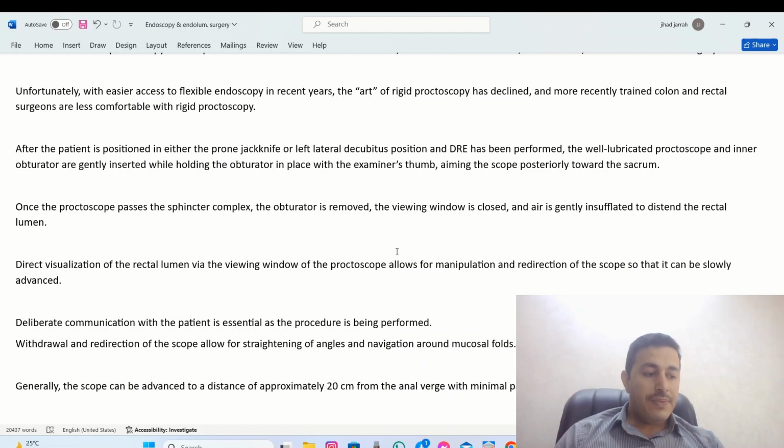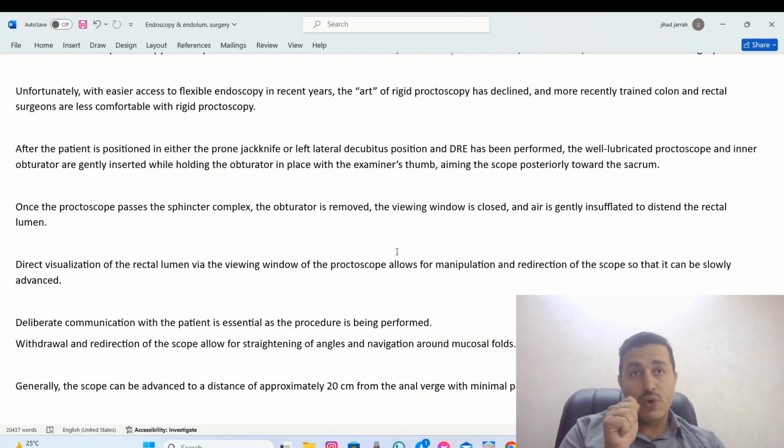Then we lubricate the instrument, similar to the endoscope, and we hold the obturator so it will be fixed, and we start inserting the proctoscope through the anal complex. Once we pass the sphincter complex, we can remove the obturator and use